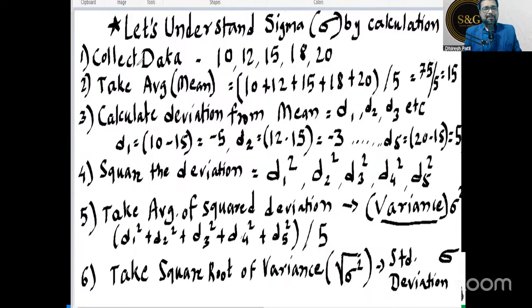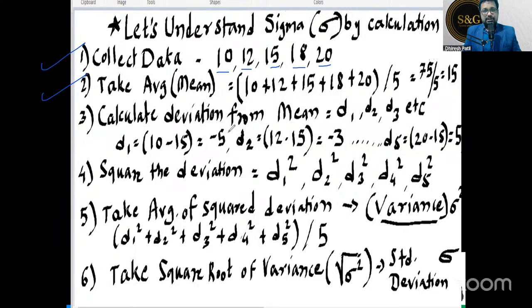So the first step is to collect the data. We have collected the data, which is 10, 12, 15, 18, and 20. Second, you take the average. If you add them up and total it, the average comes to 15. So 15 is your average, the mean. So first step is collect the data, second step is check the average. Third is